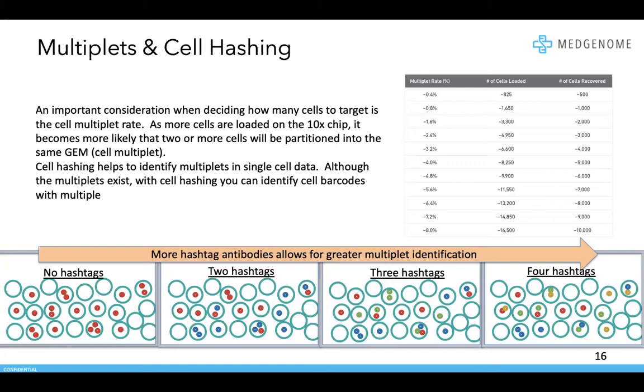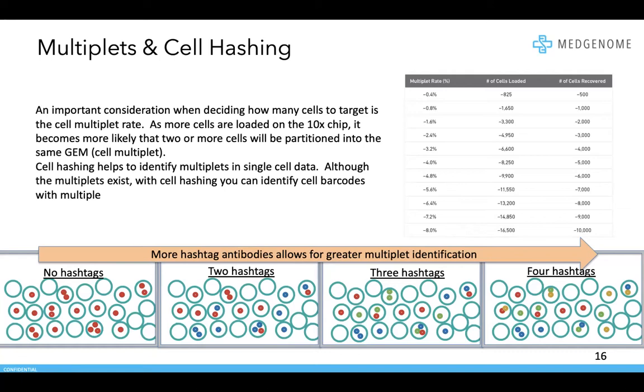So an important consideration when deciding how many cells to target for 10x is the cell multiplet rate. I think the main drawback to 10x chemistry is you're loading cells into the Chromium, and there's a multiplet rate. The more cells you load into the Chromium, the more likely you are to have multiple cells captured in the same emulsion. They call that multiplets. You could have 2, 3 cells in the same